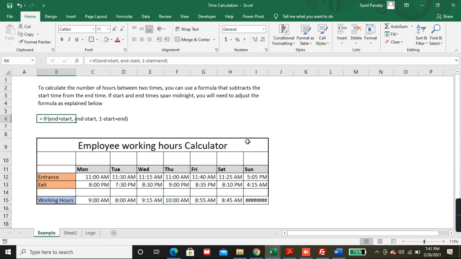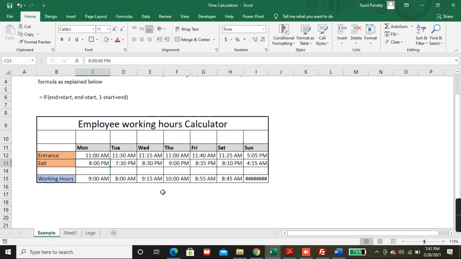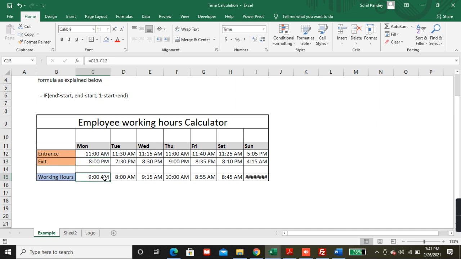Suppose the entry time is 5 p.m. and the exit time is 4 a.m. in the morning. In that scenario, this subtraction formula will not calculate the correct result.